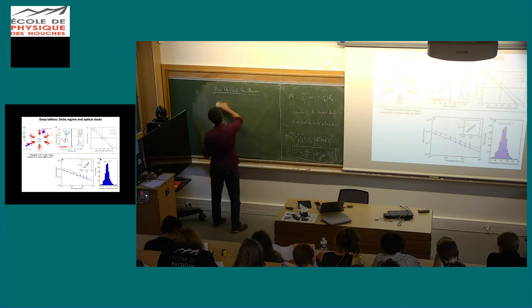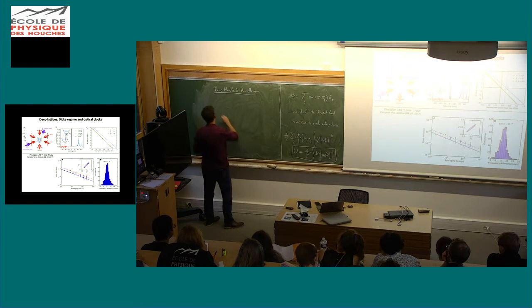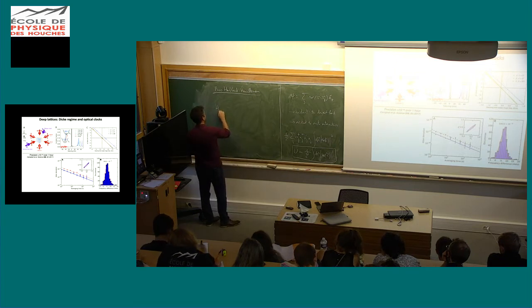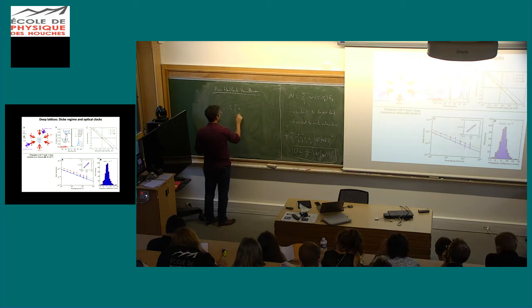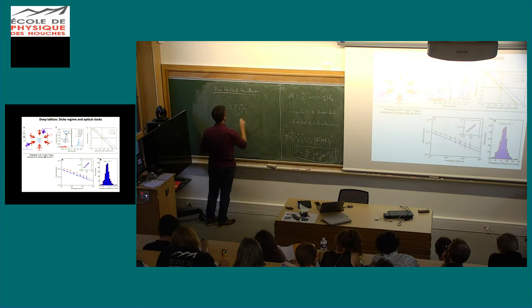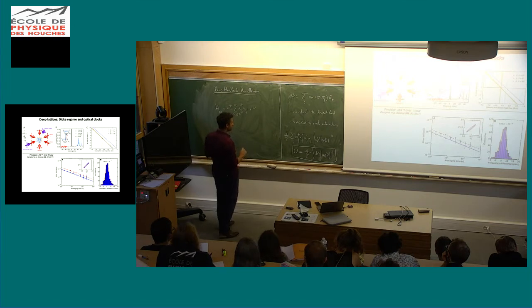And so now I can go back to the non-interacting Hamiltonian and add this term. So I add minus J, A dagger J, A J prime, plus U